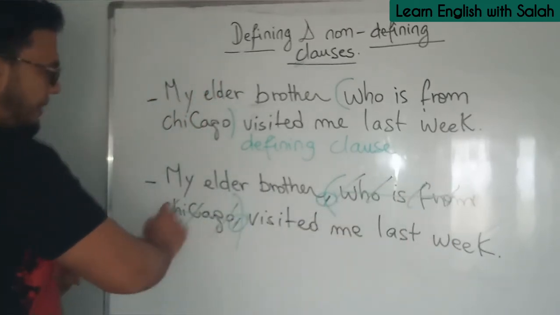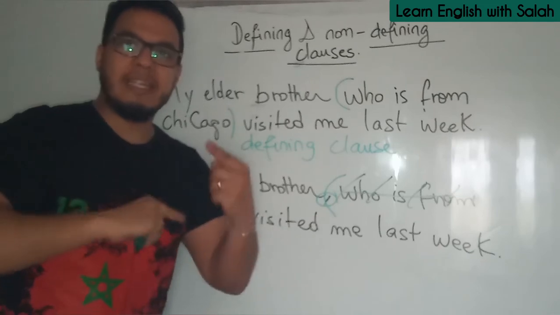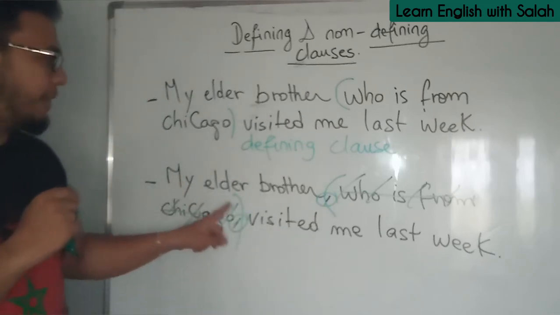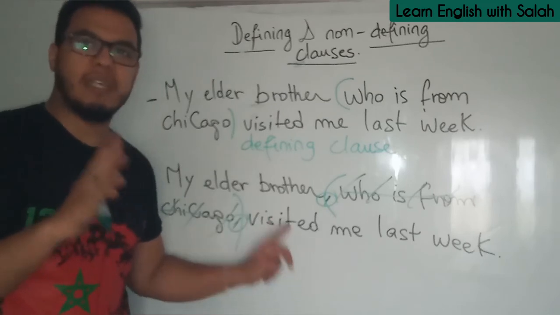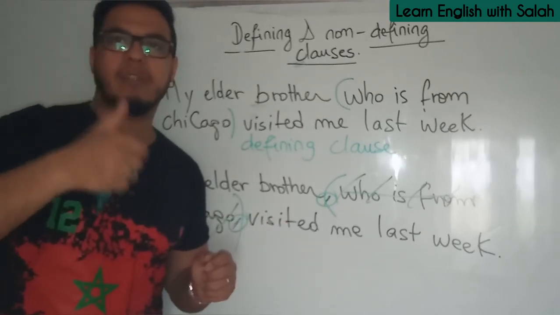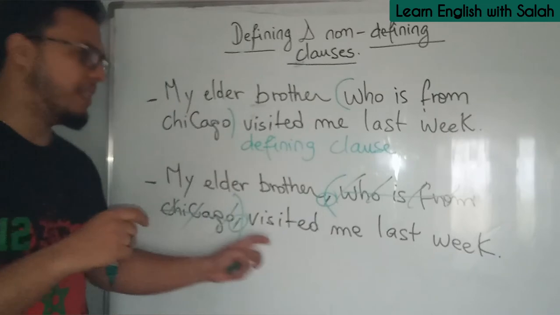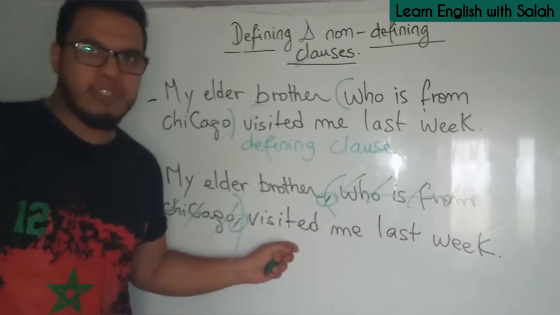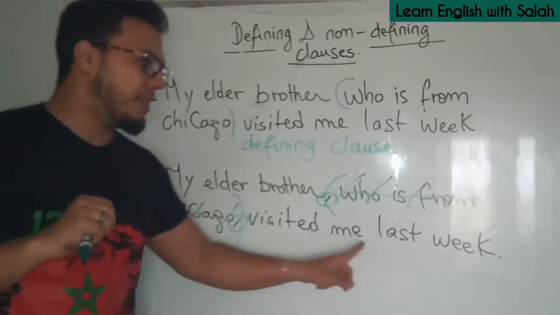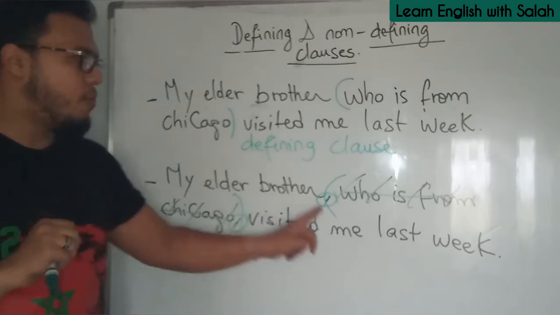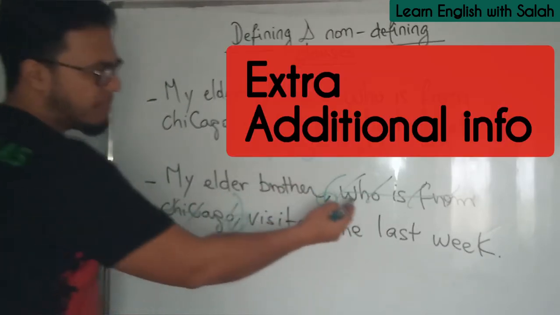اوكي، والمعنى كيبقى سليم، ما نحتاجش اننا نعرف السابجكت. My elder brother visited me last week. عرفت انه كاين only one brother، عندي اخ واحد راه هو اللي زارني الاسبوع اللي فات. of course كنعرفوا انه he is in Chicago now. My elder brother visited me last week. ما نحتاجش انني نقول who is from Chicago، هذه كتسمى غير additional